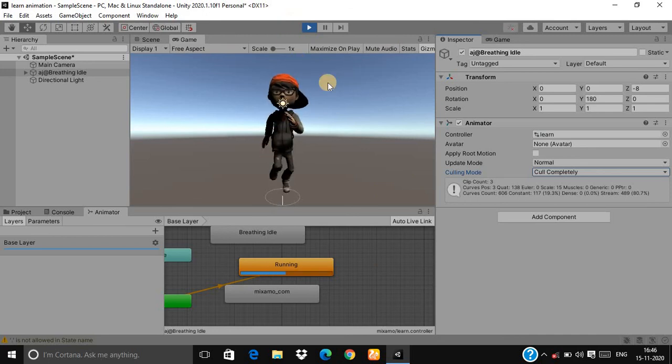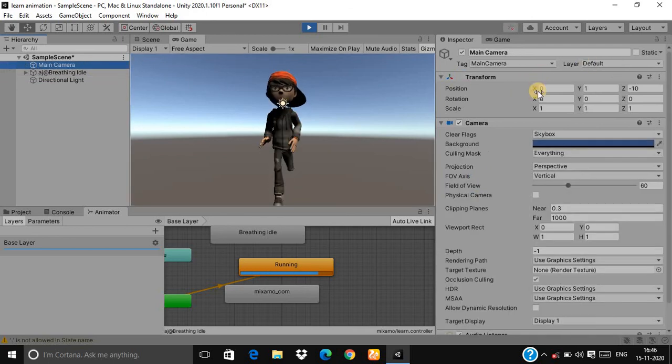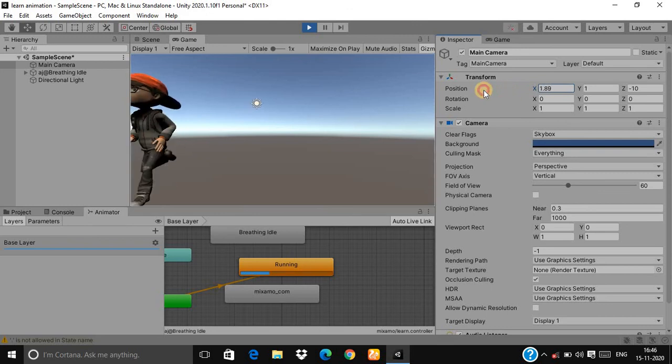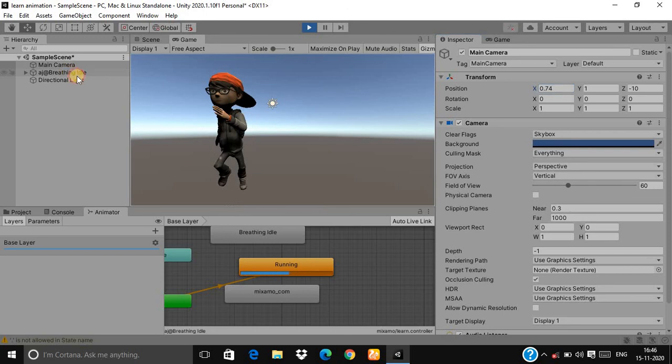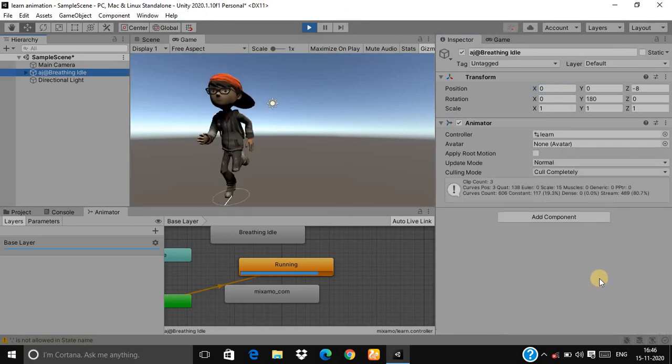This means if camera is not present here, the animation will be stopped. If we change our camera position, now our character is not present at camera, so running animation is stopped. And if we come to the camera, the animation will start playing. Okay, so these are their options. Cull completely.